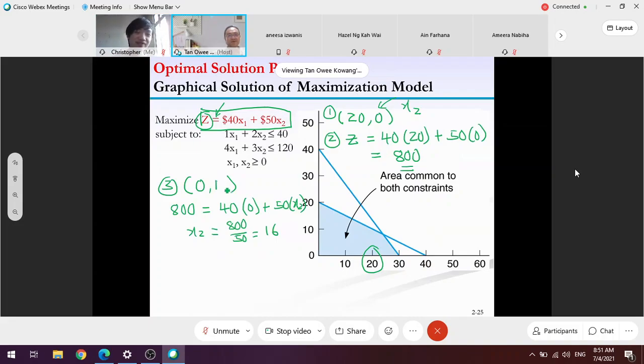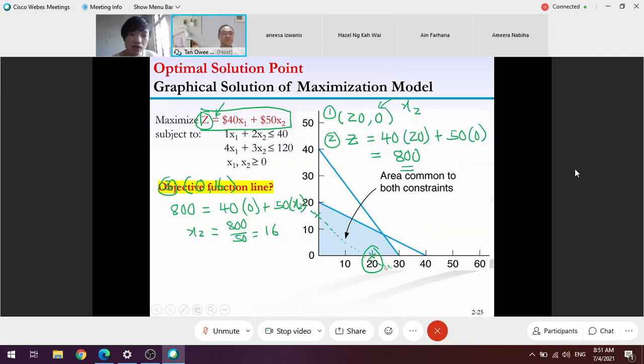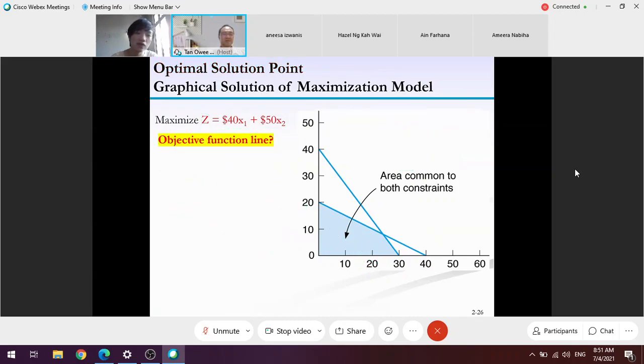Now, I can draw this line. Again, I want to remind, it's not always 800, it depends on which point you pick. Then I draw a line of 20 and 16, maybe here. I draw this line, a dotted line here. So, whatever I explained earlier is in the slide. It's the same, whoever picks 800. Okay, everything is there. I'm not going to repeat.